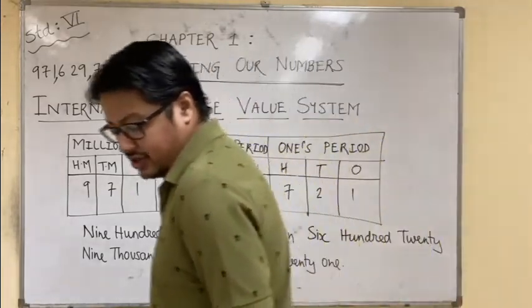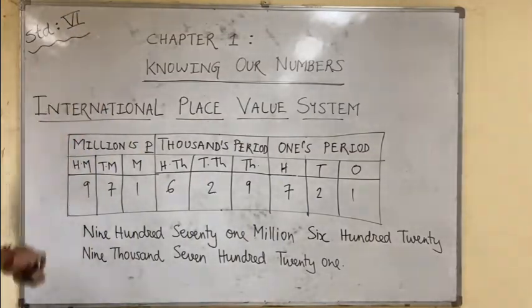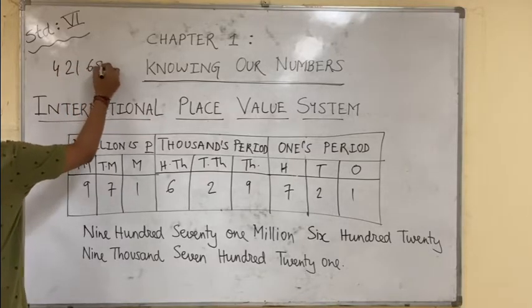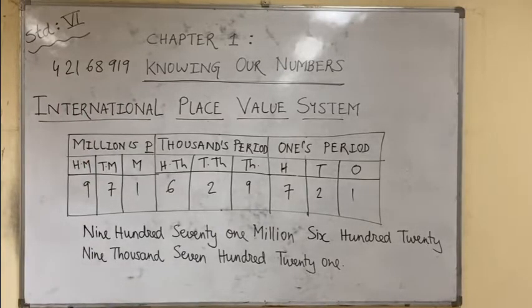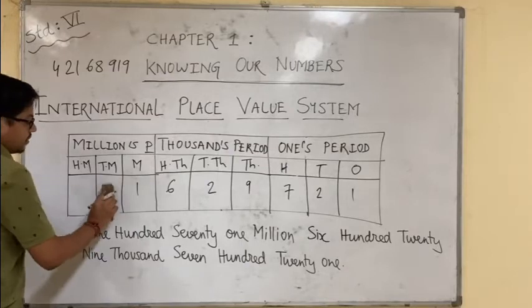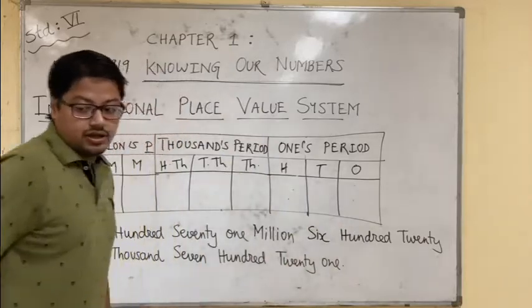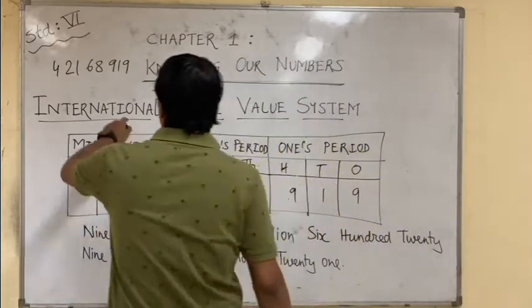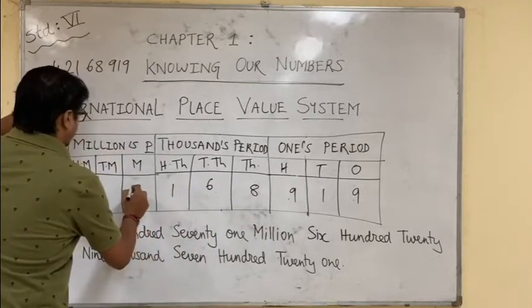Okay, just see the things carefully. We will do one more example now. One more example sir is writing, so that just like the Indian one, this is also very clear. Okay, so let me see. 4,21,68,919. As you know, sir will use the same chart, and please remember how we are following the placement of numbers. We are placing it from the back. So 919, then 8, 6, then 1, then 2, then 4.